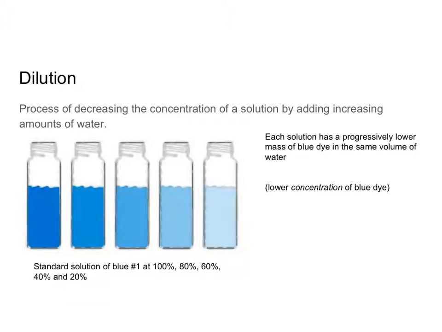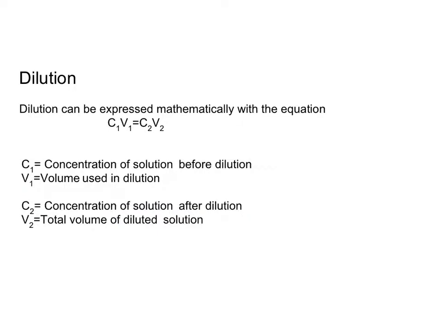And if we take a sample of the original solution, a little smaller sample rather, and then dilute it to the same volume, we get a slightly less concentrated solution. We continue that down until we get almost nothing, I guess. So dilution is a process by which you take a sample and add more water to it, and it becomes less concentrated. Now, the way that we express that mathematically is the equation C1V1 equals C2V2, where C1 is